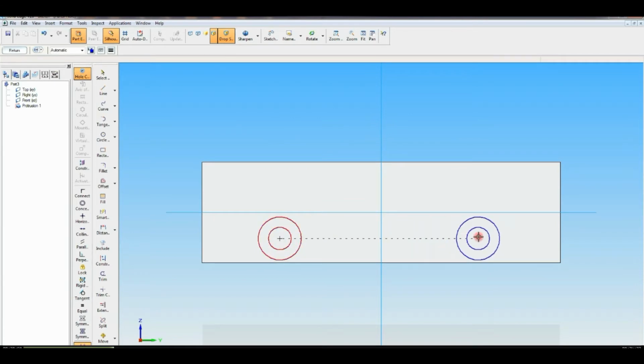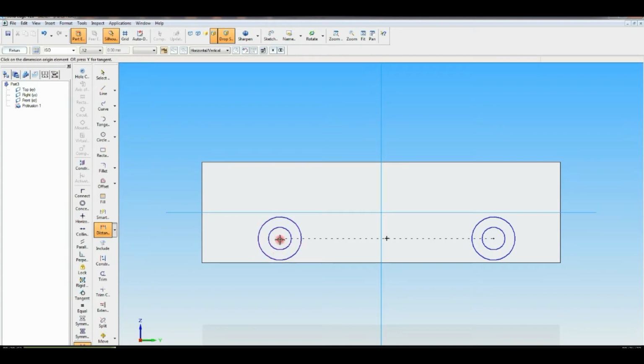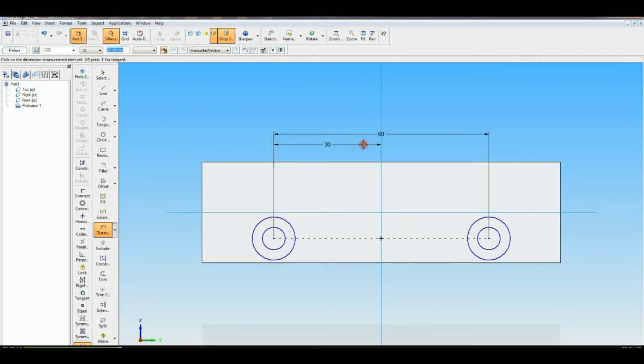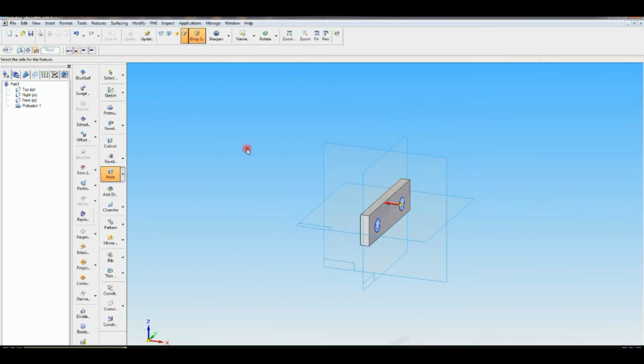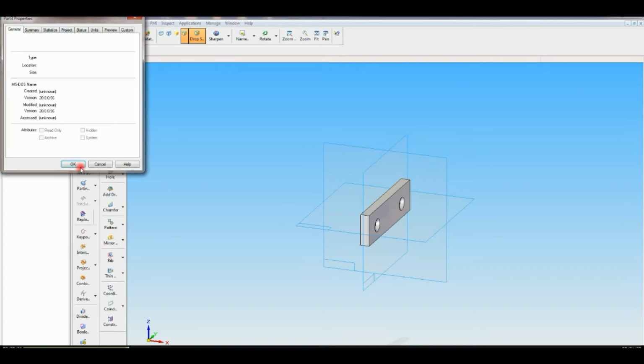Click on the circle in that plane. It should be aligned like that. You have to click. Then with the help of the distance between command, get the distance between two centers as 60 mm, and from the center to one vertical plane, that is half of 60, is 30. Then from the base side to the center of the circle it should be 12.5. Then return. Move the cursor in no direction. That finishes part number 3.